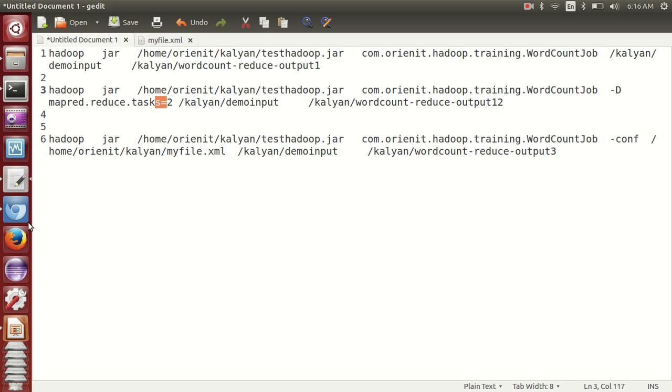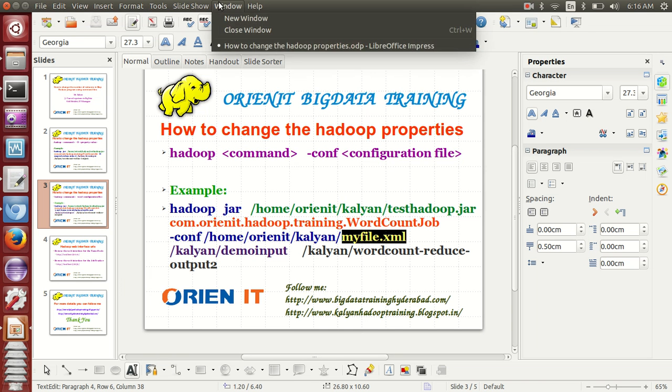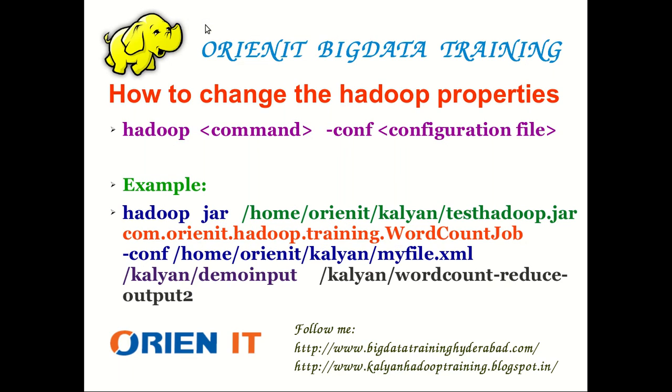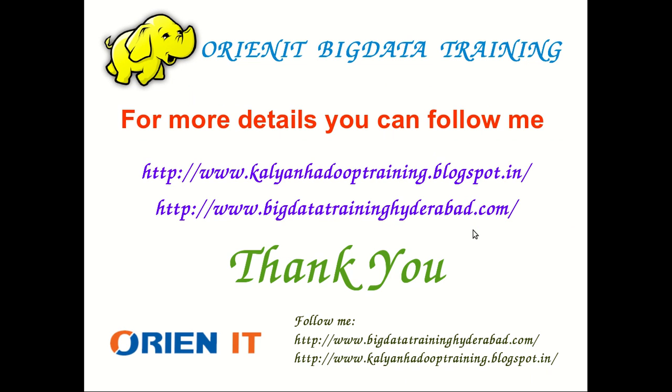So whenever you want to verify any information of HDFS or MapReduce, we generally have 2 URLs. This is the name node URL and this is the job tracker URL. Once you have verified all these places, then I hope you can understand the flow of what exactly the command line changes do. Then hope you enjoyed it.